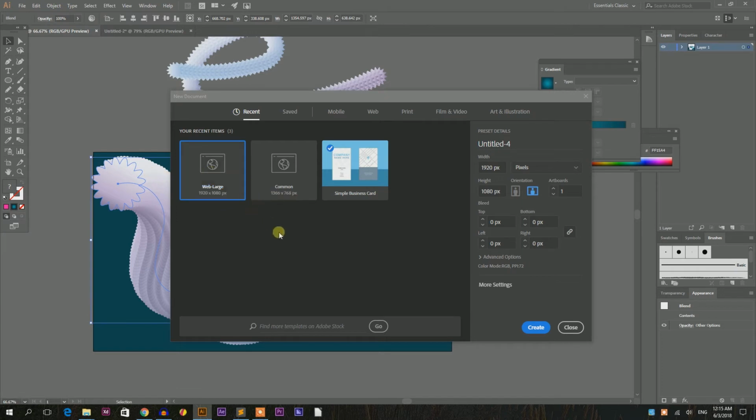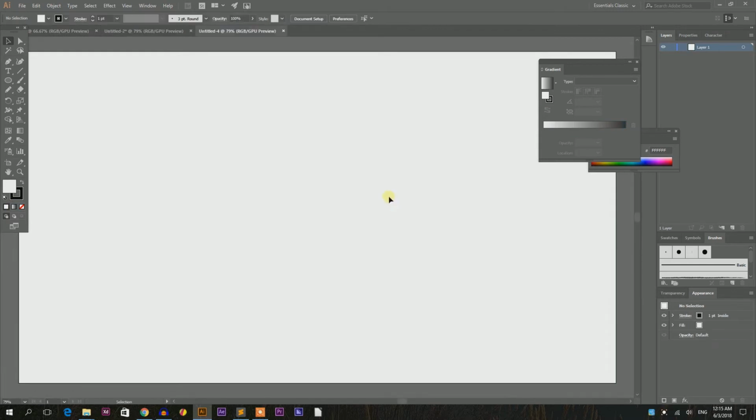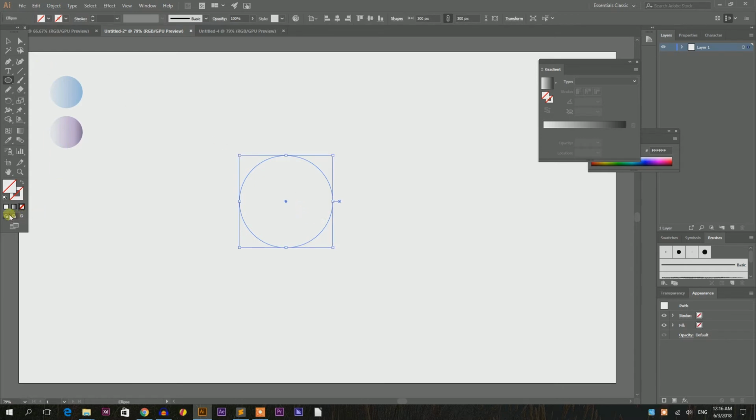So let's start with the new document, Control N, Command N on your Mac, and I'm gonna size this document with 1920 by 1080. Click Create, and first of all I'm gonna grab these two gradients. So let's start with the ellipse tool. Click L to grab the ellipse tool and create an ellipse that occupies around 300 pixels. I'll then give it a fill and